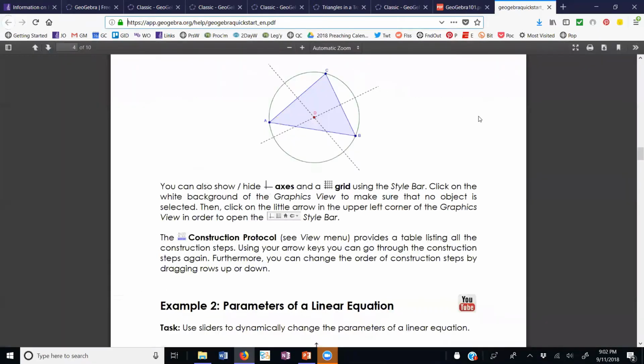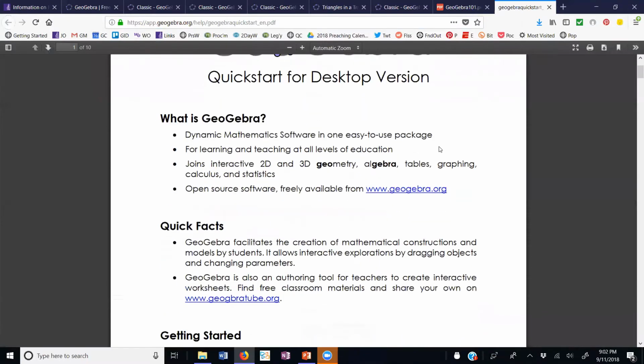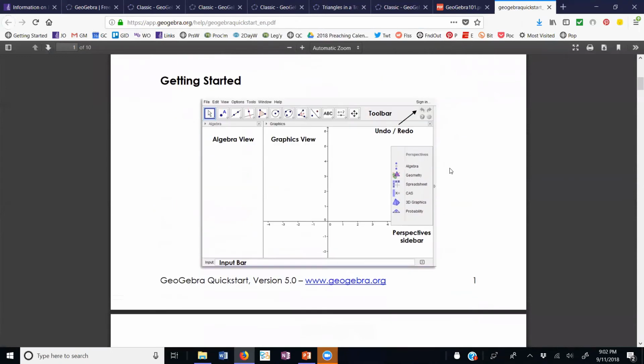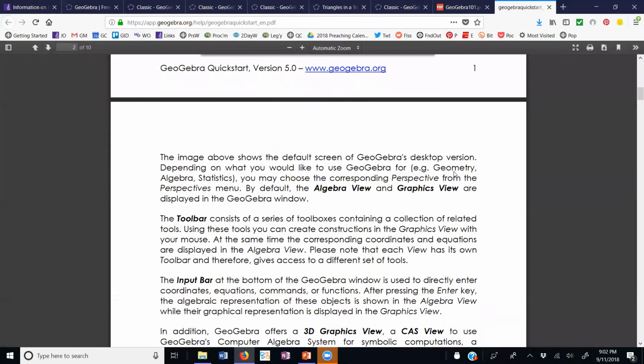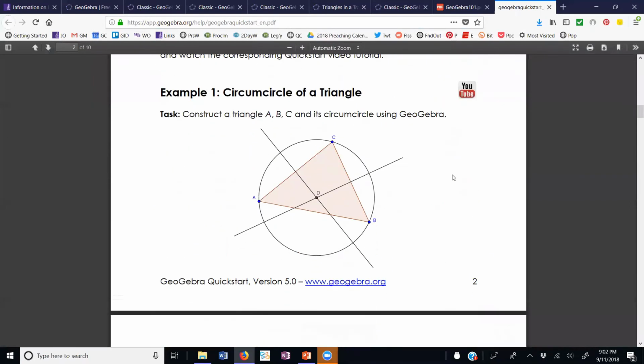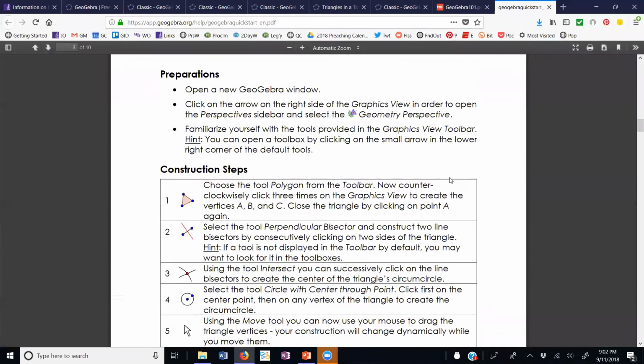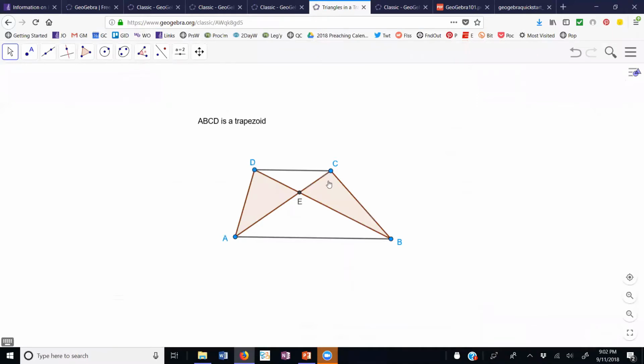Our other document is the Quickstart guide here. This is from GeoGebra, and I think it's an 8-page document, and maybe a 10-page document now, and has lots of nice things for you. Just a few more examples. Here is an example of a